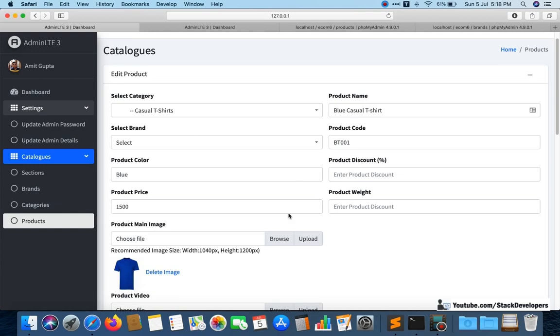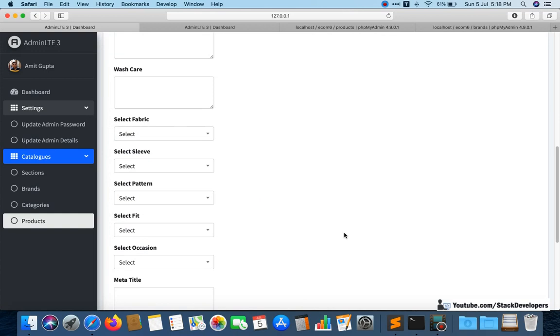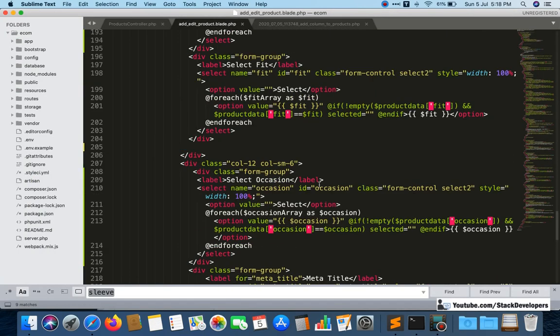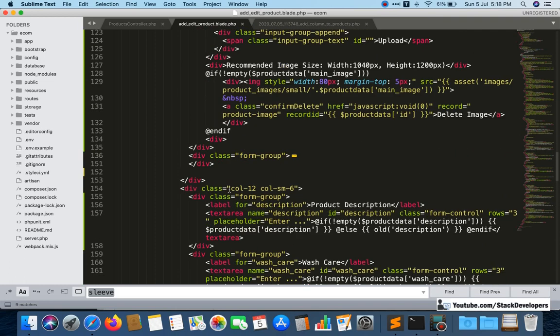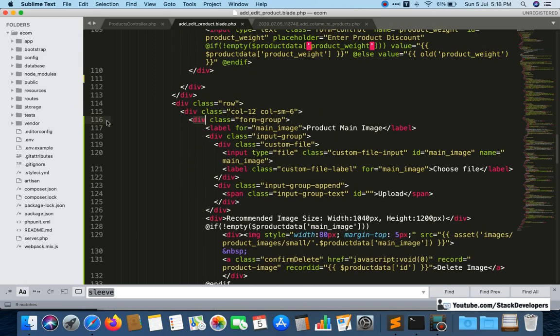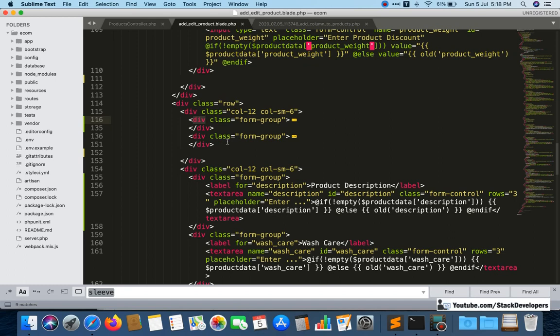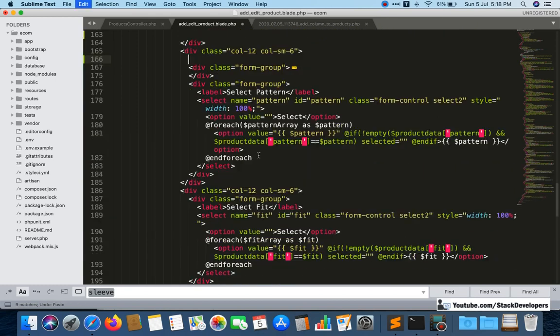After this change, product weight, product main image, product video, and description are all coming in one line, so we need to correct that. I will undo. I think some issue has come up.